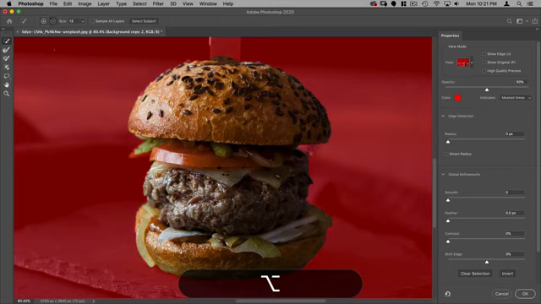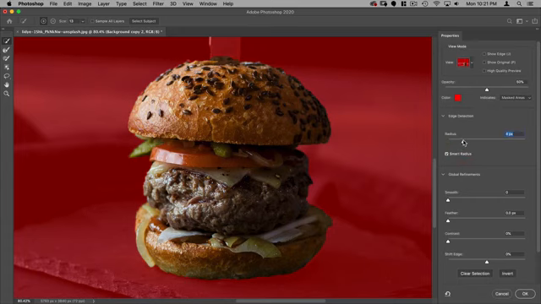So I'm just with that going to go in here and deselect that area, and then without holding Option, I'm going to select the rest of this avocado here, and that's pretty good. All right, now I'm going to turn on the smart radius here, and I'm going to pump that up to 4 pixels, maybe even more on this image, because this has gone out of focus here.